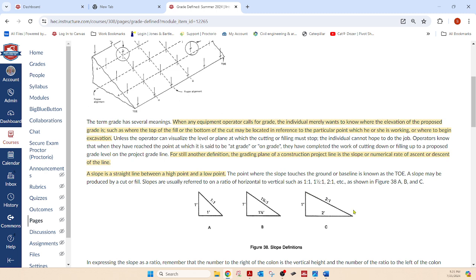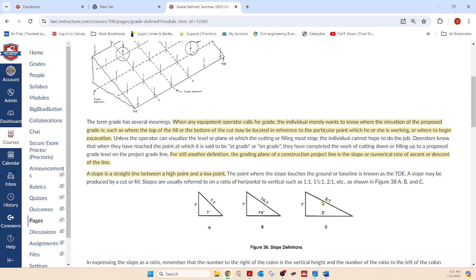Over here we have a 2 to 1 slope. You can imagine this is a much flatter slope than a 1 to 1 or a 1.5 to 1. A 1 to 1 would be the steepest. This would be a little flatter, and then you have this one right here, which is really flat. Just to jump ahead a little bit, if this is a 2 to 1 slope,